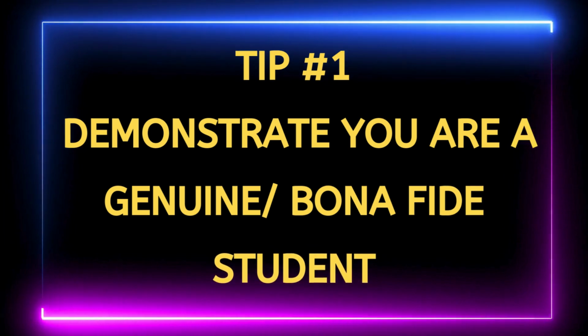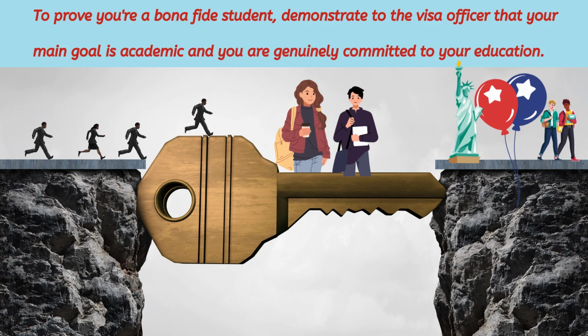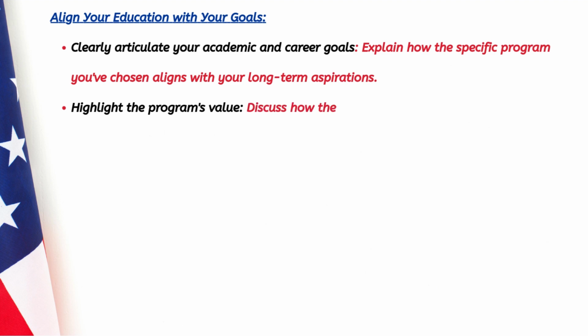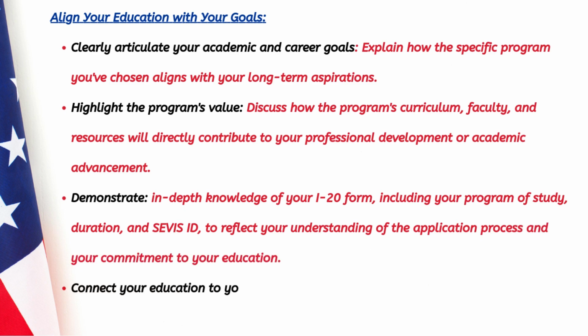Demonstrate that you are a genuine or a bona fide student. Friends, the key to proving that you are a bona fide student is to convince the visa officer that your primary purpose for studying in the United States is academic and that you have a genuine commitment to your education. Your responses must showcase a clear articulation of your academic and career goals. Explain how the specific program you've chosen aligns with your long-term aspirations, providing concrete details about what you hope to